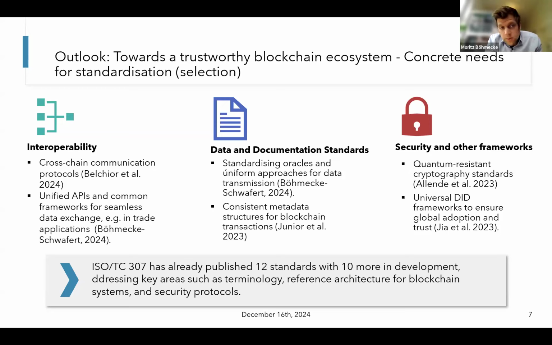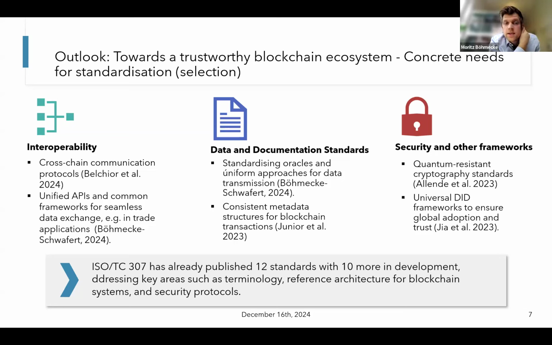For example, in interoperability, there's still a need for cross-chain communication protocols. Of course, there are blockchain ecosystems that are specialized in bridging chains, but there's no fixed standard for that. Also, when we think about blockchain applications and trade, for example, there are no unified APIs or common frameworks for seamless data exchange. And if we talk about data exchange with so-called oracles, so the physical points where data comes from the physical world into the blockchain, we don't have any uniform approach for data transmission or data